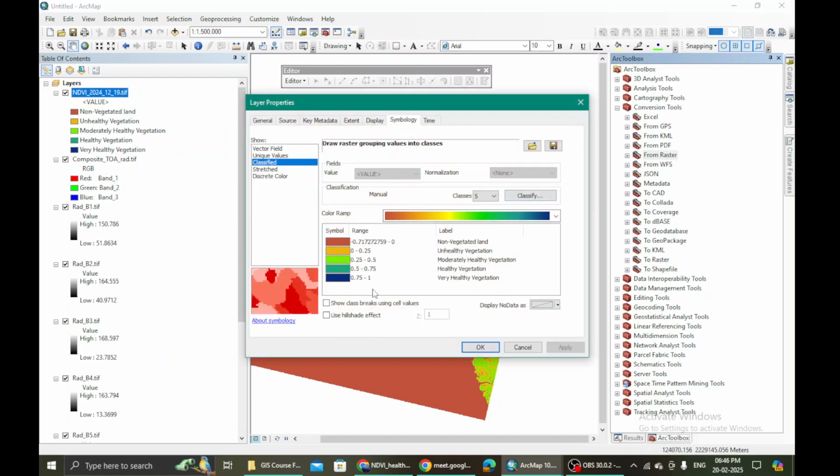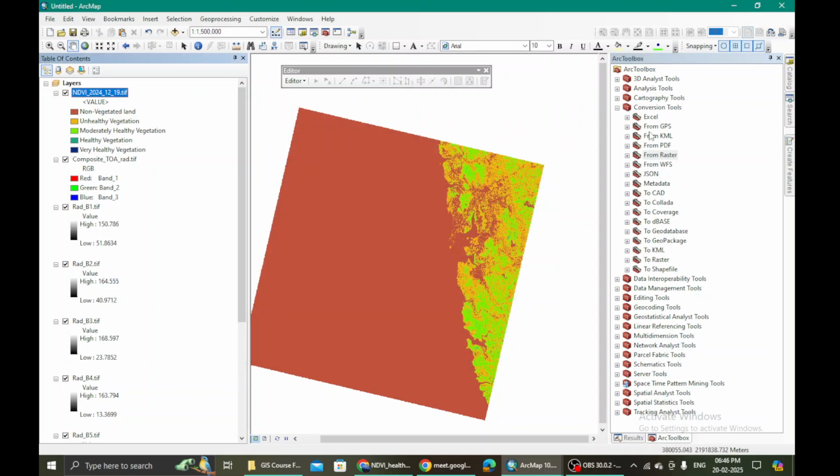Give me a while. 1, 2, 3, 4, 5, 6, 7, 8, 9. I'm just counting how many decimals are there. There are 9, and let me stick to the third one. So if I want to convert this into an integer, then I will have to multiply this by 1000, right? Do you agree with me? If I multiply this value by 1000, then I will get an integer. Just keep this in mind, okay? Let's do it that way.